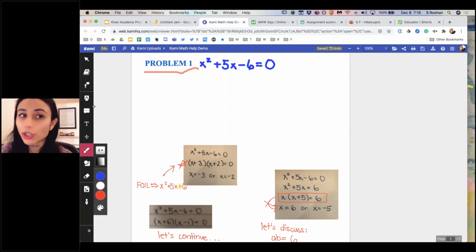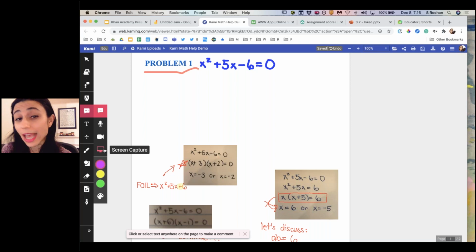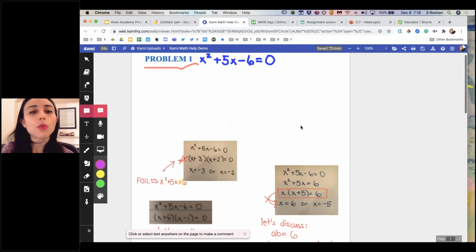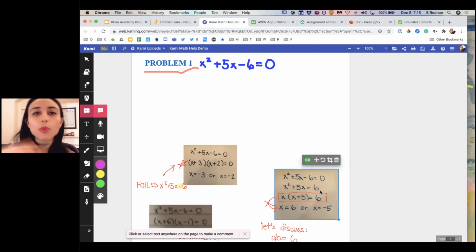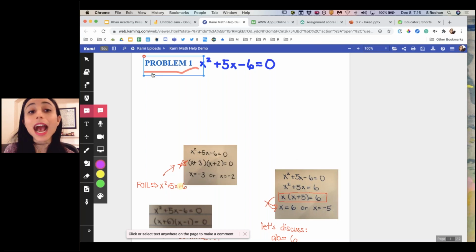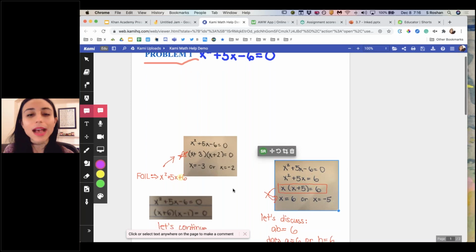There's so many more features available in Kami. I could do a whole webinar on Kami, to be honest. There is even the ability to make your whole screen capture right here in Kami if you have a paid version. But what I like to show here is how students can upload work that they were stuck on, and then they can pull it all into a document, and then I can use the pen tools like I used right here to say where they went wrong. For example, we can discuss errors as a class.